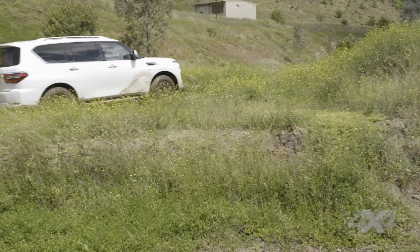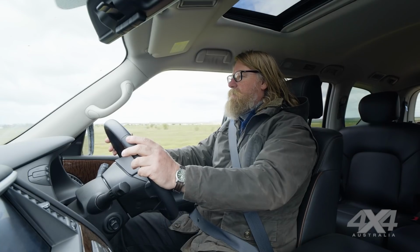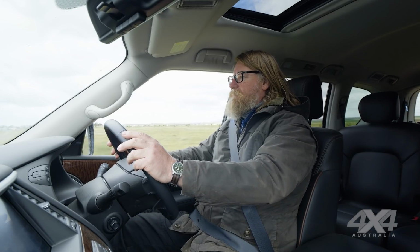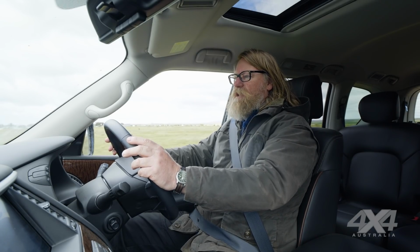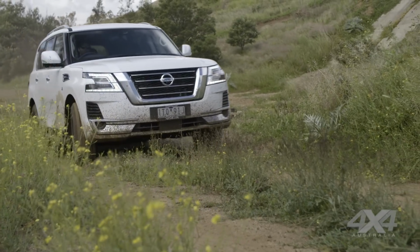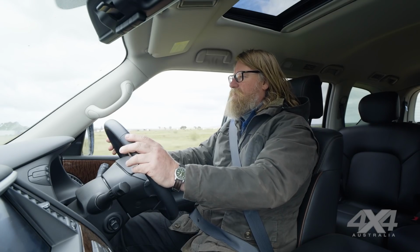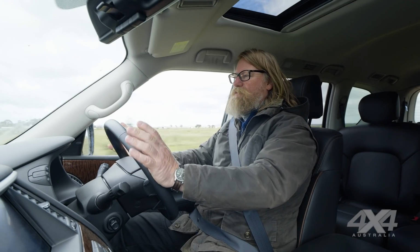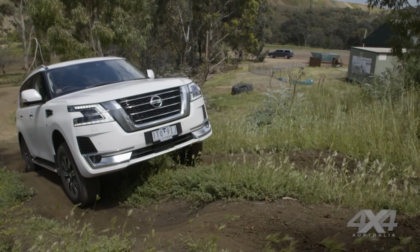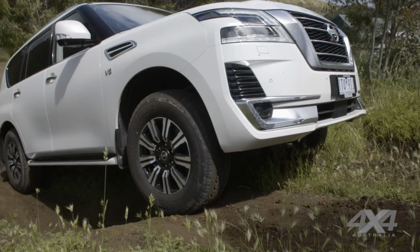Like the LandCruiser, it's a car that's perfect for outback miles. You could jump in this and spend 10 hours driving any outback track, any Highway 1, whatever. These cars are made for those conditions. Towing a 3-ton caravan, both these cars will do that with ease. The on-demand 4-wheel drive system in this car works really well. We're just driving around in its